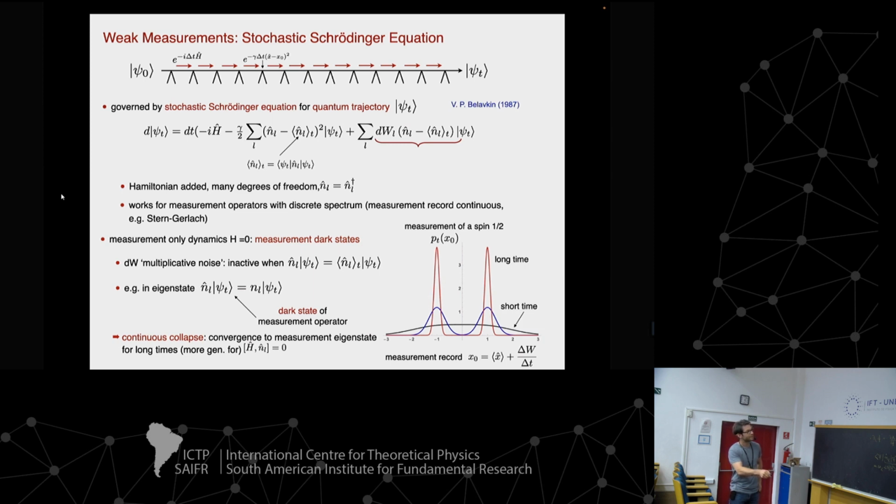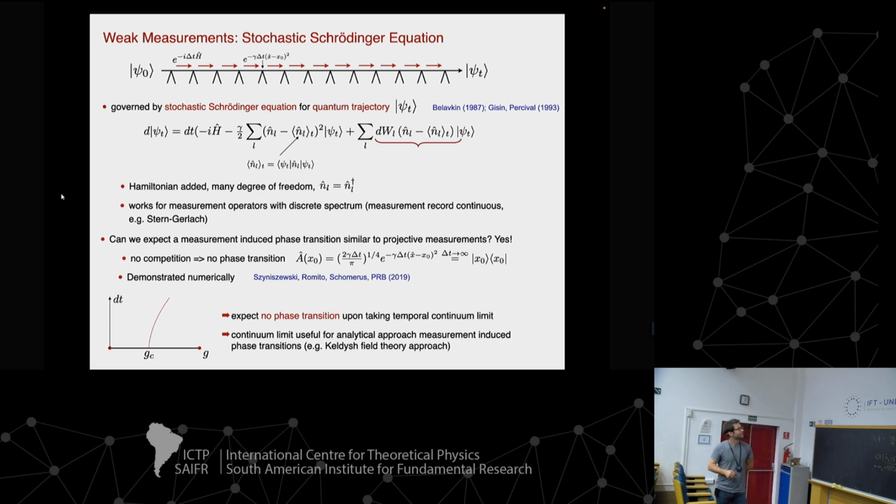So here, let's initialize the system, where there's a totally flat probability distribution. And then if we measure spin 1/2, the possible eigenvalues are plus or minus 1. And then you will see that over the course of time, if there's no perturbation coming from a Hamiltonian, the system builds up a probability distribution which is exactly peaked around the two possible eigenstates of the measurement operator. Okay.